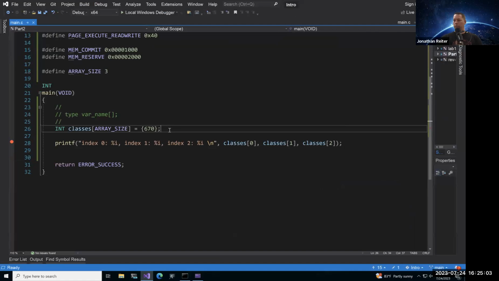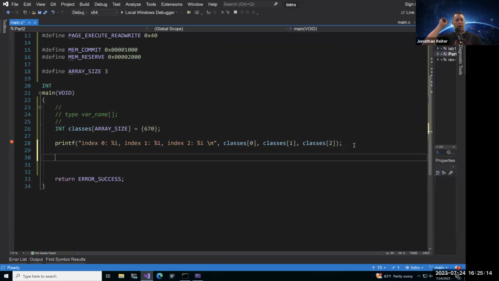Remember that arrays are zero-indexed, with the very first item being at index 0. Now, one of the things you can do once you have your array created is go in and modify the values at any one of these indexes.